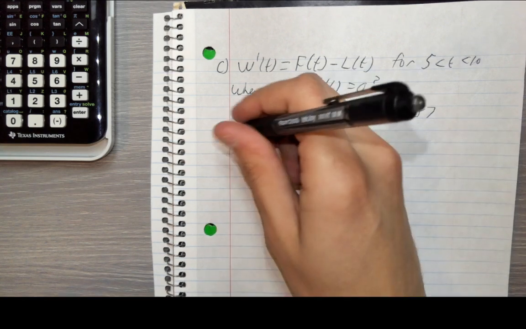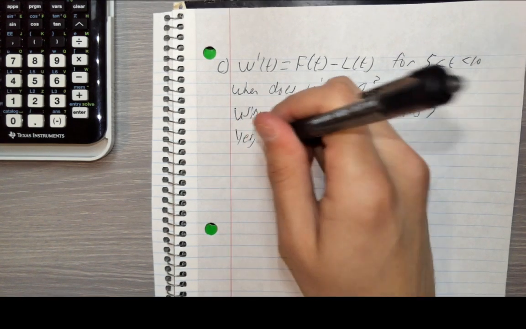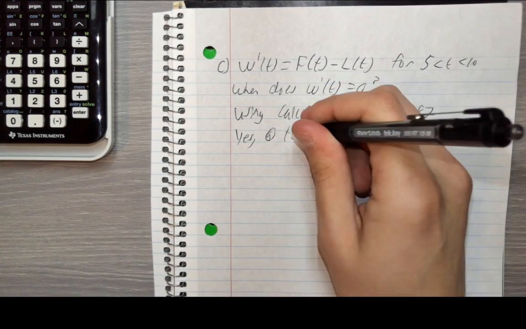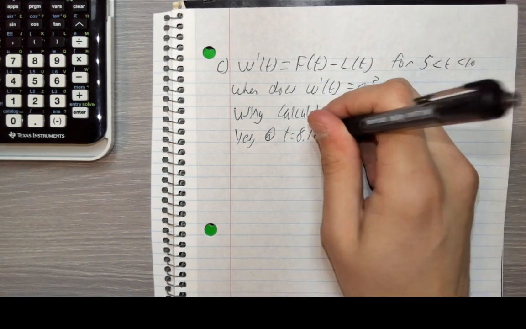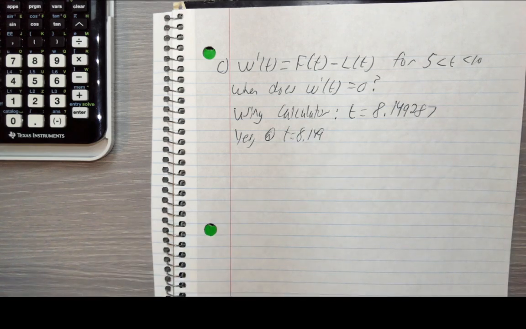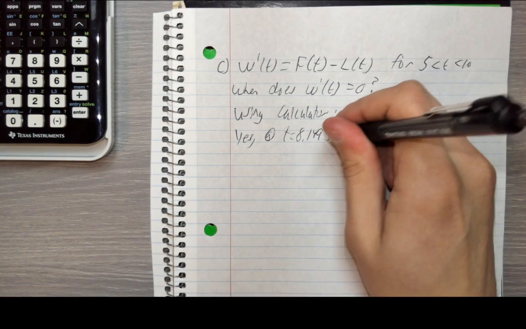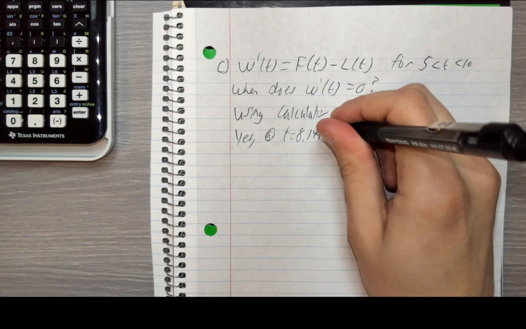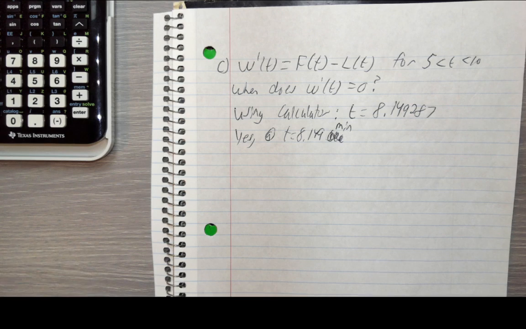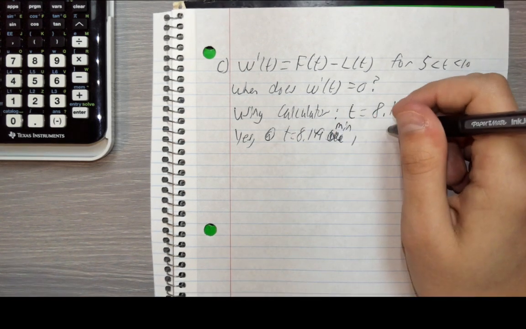So yes, there is a time at t equals 8.14. We're going to round it to the 3rd decimal, so 8.149 seconds. Is it seconds? No, sorry. It's minutes. At t equals 8.149 minutes,